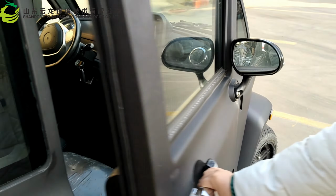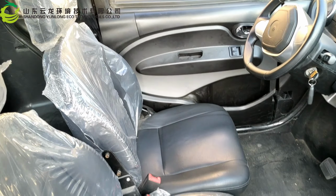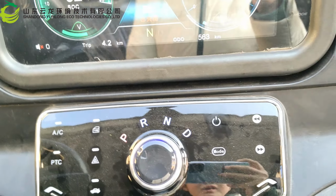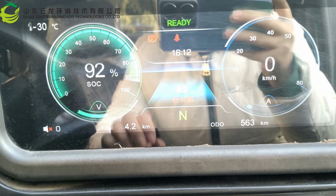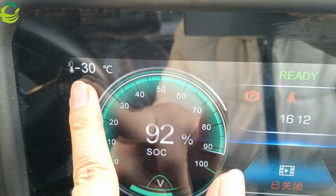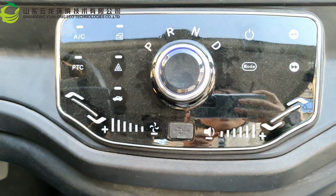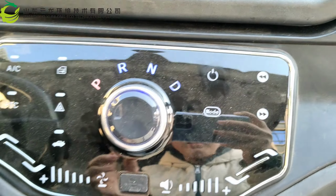Okay, let's look at the inside. It has 2 front seats, left-hand driving. Okay, let's look at the instrument board, the dashboard, the battery energy, temperature, speed, the gear button,